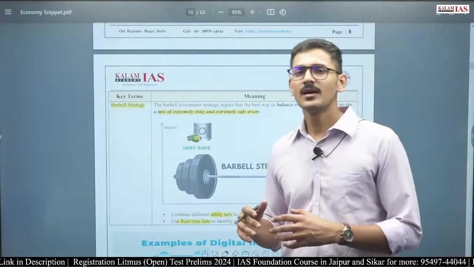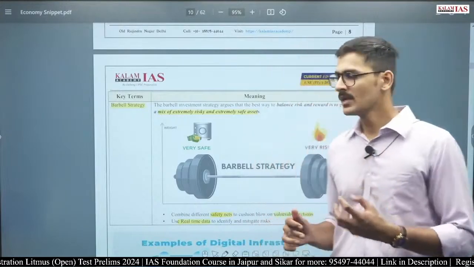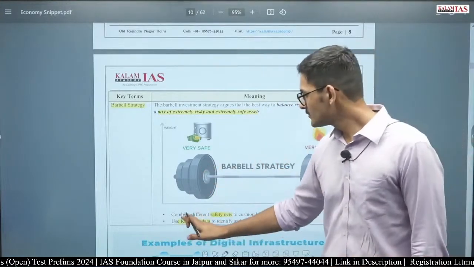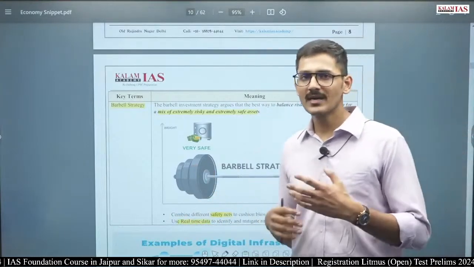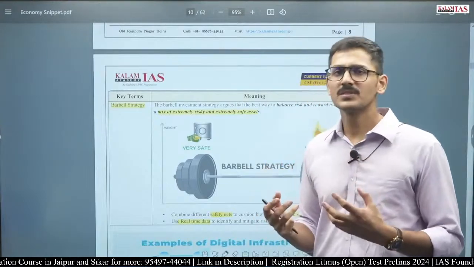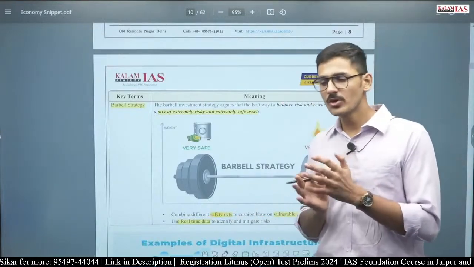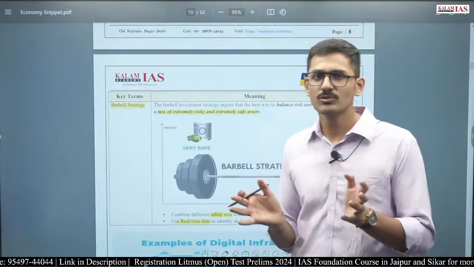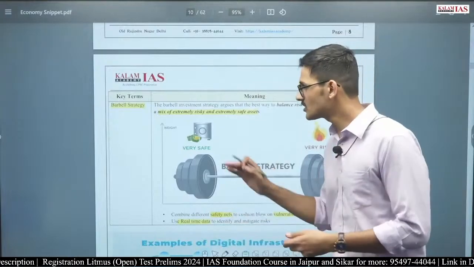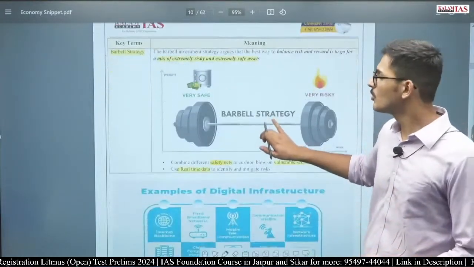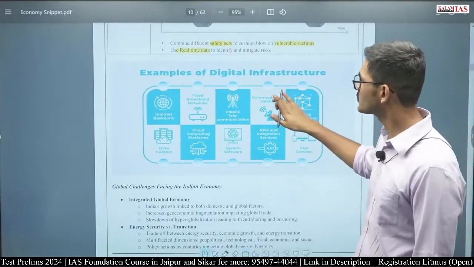The vulnerable section faces more burden during the economic recession, and the government supports them. So they call this Barbell Strategy, and they also use the real-time data to change the policy as the new data came up, because that was a very unprecedented time, and as a result, the government used the real-time data. As the economic situation, the social situation, the health situation in different states and different cities changed, the government also changed its policy. So this is basically a Barbell Strategy. You do not have to know more than this for the Barbell Strategy.